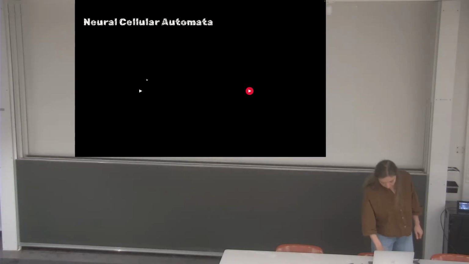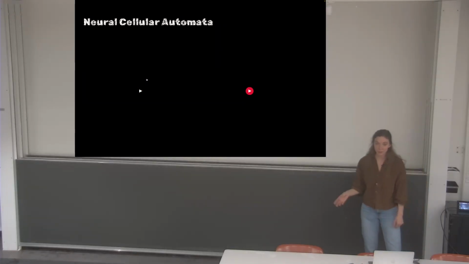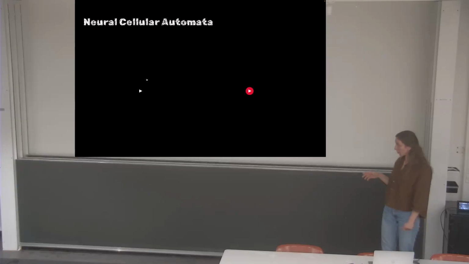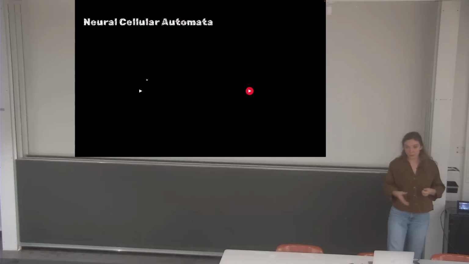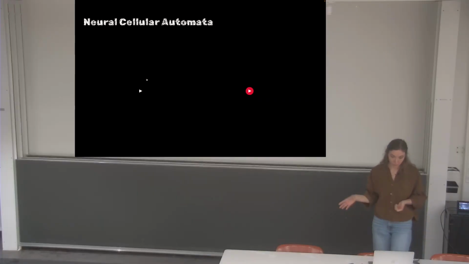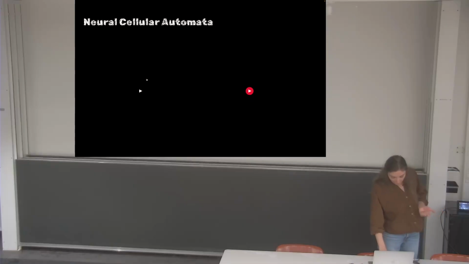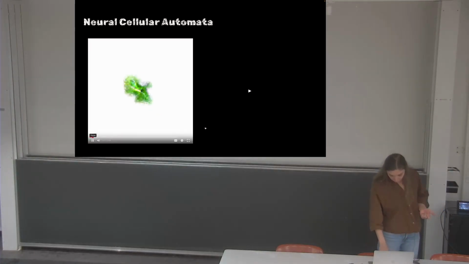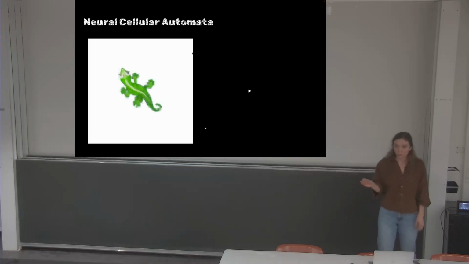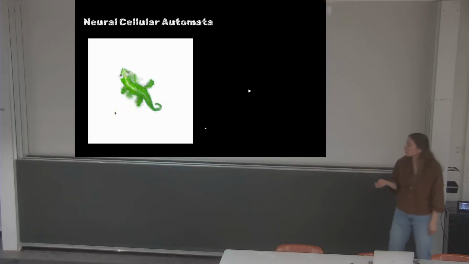So this leads us to continuous models of cellular automata that we will also touch upon. So the space of continuous systems is in some sense much easier to navigate because now we can use continuous optimization methods to search for behavior that we would like to see. And this is indeed what happened not so long ago. And some neural cellular automata have been trained to model some aspects of morphology.